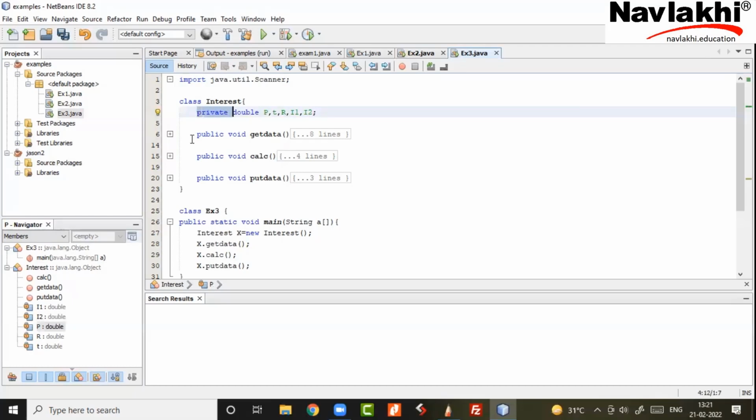Throughout college, you will see them putting it like this throughout the entire semester. But I always believe in keeping the data private because you need to protect your data. You need to access your data and not give access to anyone else. Because imagine if there are 30 programmers and you don't make your data private, who changed what in your data and where? Who will find out? As a manager also, I'll go mad. As a manager, if I find principal is wrong, but principal was accessible by anyone, where do I go looking? But if the data was private, I know the person who wrote the interest class, catch him, he made some mistake.